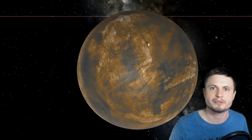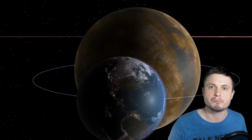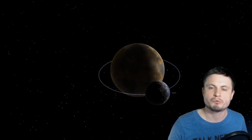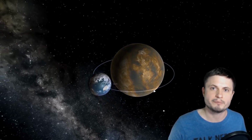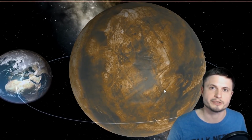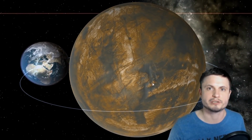The second planet, Planet C, is very different. It's very likely some sort of a gas object, or possibly something similar to a super-Earth, because both the size and the mass of this planet are much larger than planet Earth, but the density here is much lower. So this might be some sort of a super-Earth, or possibly a mini Neptune-like object. We're not entirely sure yet, but it's probably also extremely hot because it is once again much closer to the star, and in some sense it receives just as much radiation as Venus. So this could be technically what's known as a super-Venus, basically a Venus-like object, a lot of thick atmosphere, a lot of heat, and a lot of radiation here,